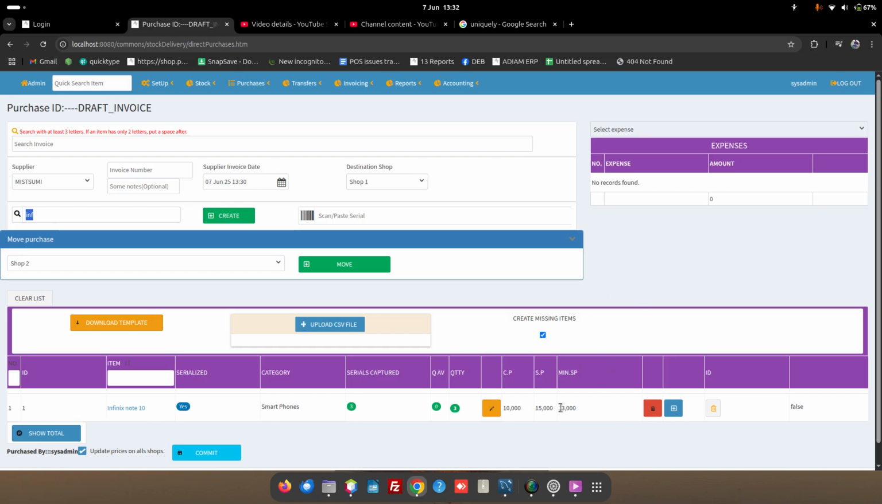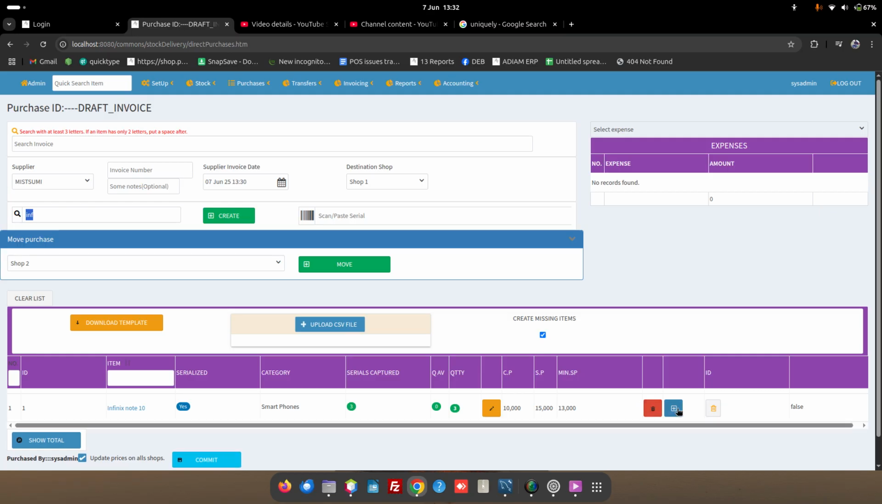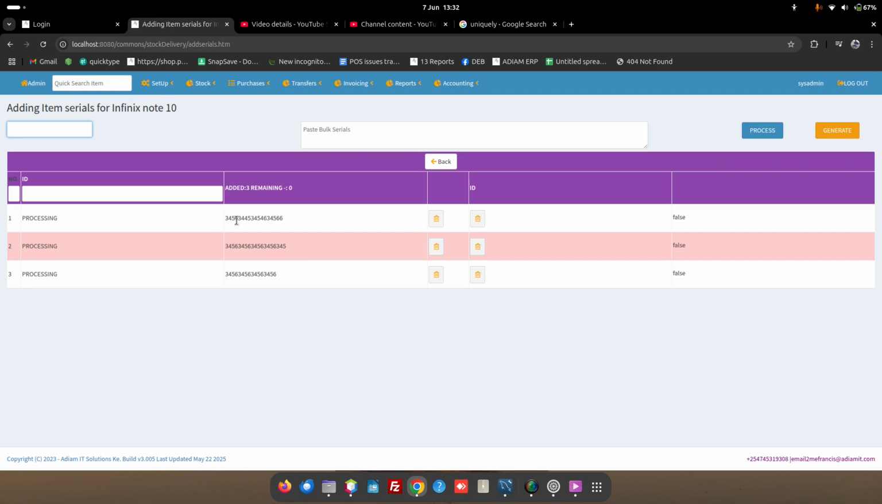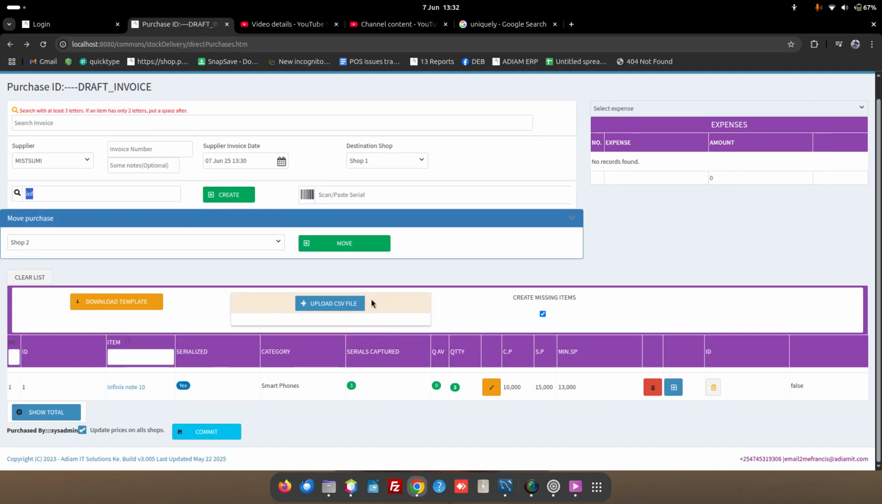But in case you would want to see the serials you've just created or you've just scanned, you can always press this blue button here, which takes you back to the page where you're scanning the serials. So you can confirm the serials whether they're okay. Then you can continue searching for another item. You notice here already the cursor has highlighted the text, so you just type